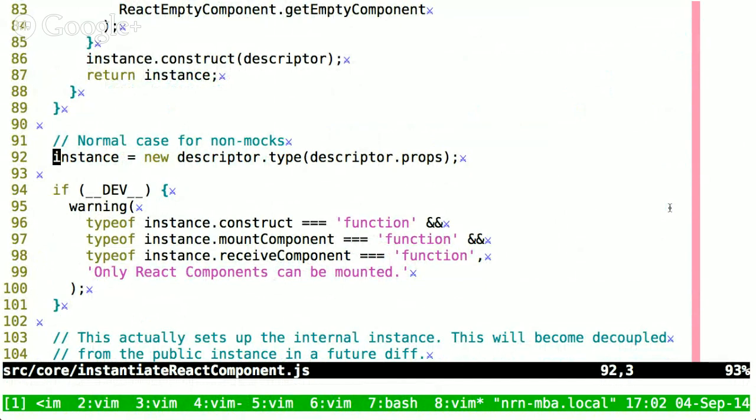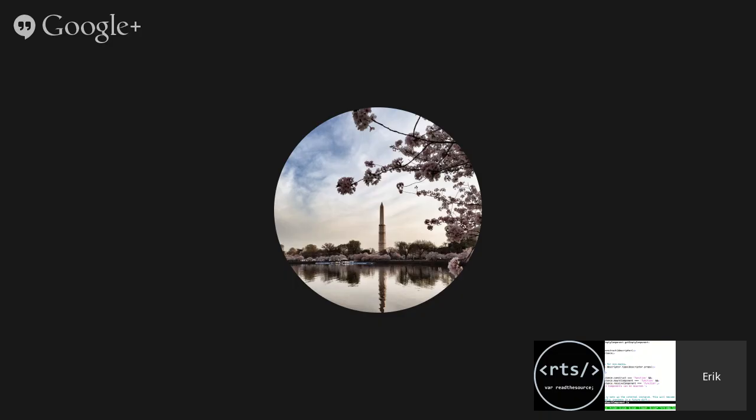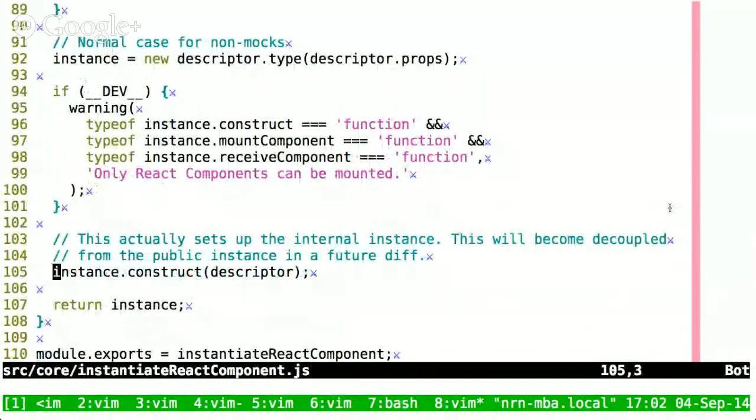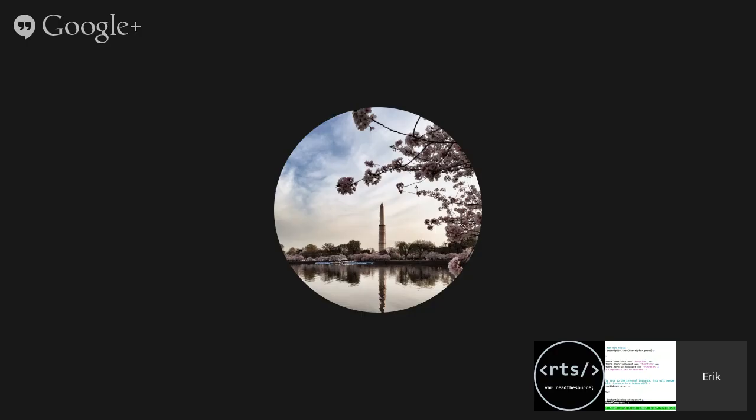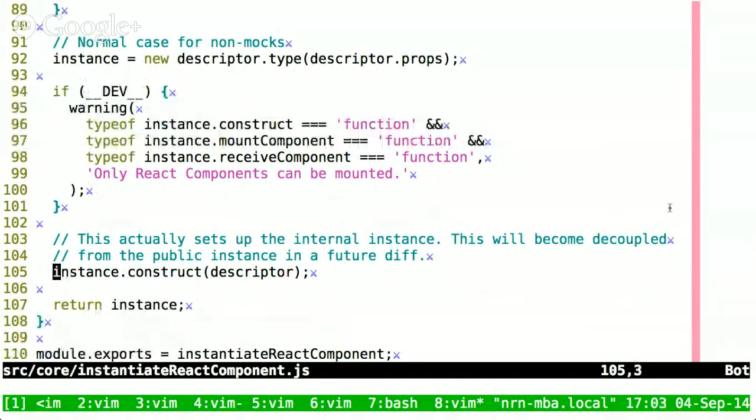Okay, so we're pulling the type property off of the descriptor that gets passed in, and then calling it as a constructor function, passing in the descriptor.props. A pretty weird pattern. Yeah. The if dev doesn't do anything. Instance.construct descriptor. Okay, so this